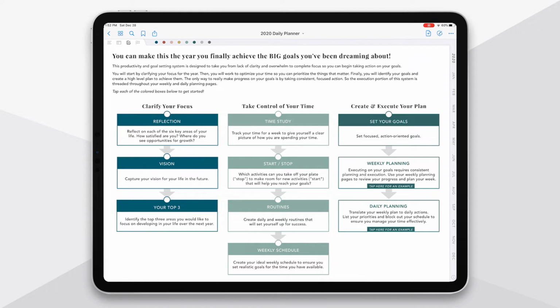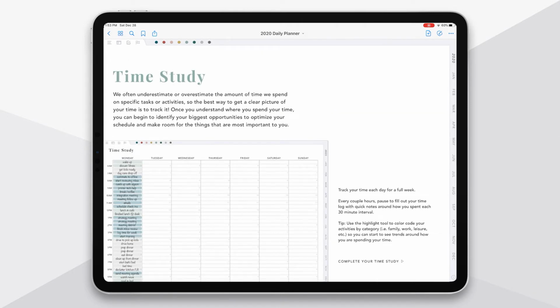Moving over to the right on this page, then you're really going to do the hard work to take control of your time. If you create a plan, but you don't have a way to execute it, you don't have the time allocated, you don't have the structure in your life, you'll fail to execute on the plan. And so this middle process is really about doing that. And so you'll start first with a time study, and you'll actually go through and keep a time log. We often overestimate or underestimate how we spend our time. And so really doing a time study for a full week can help you gain focus and clarity on where